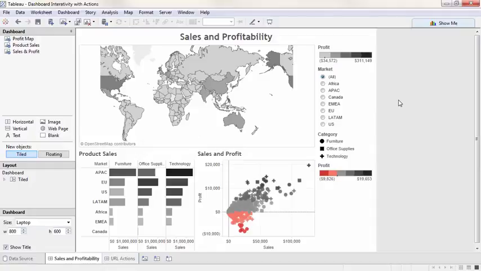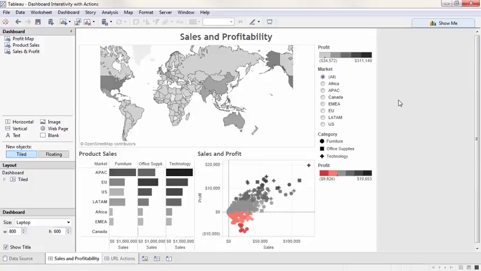Dashboard actions are powerful, interactive elements within a dashboard that drive from a worksheet. They can be highlight actions, filter actions, or URL actions. Actions on a dashboard have several parts. Highlight and filter actions have a source and target. URL actions can include field values as dynamic inputs. An action can be activated by various mouse behavior, such as hover or select, or as a menu option in